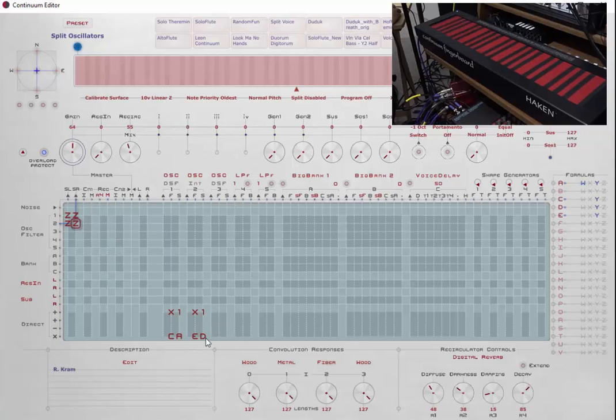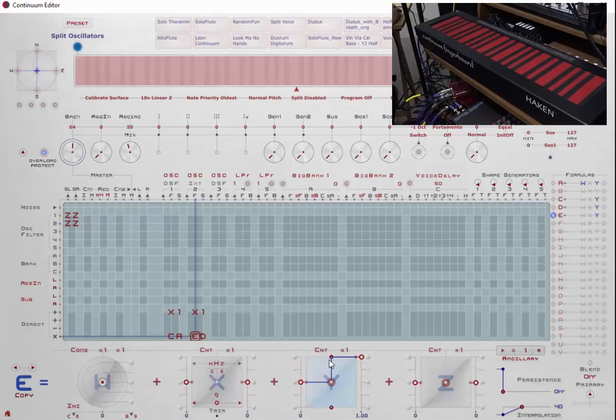Now the second oscillator does kind of the inverse. What I'll do here is, for the first half of the fingerboard, I'll have y basically set to 0. So nothing will come out on the first half, and then from the second half of the fingerboard, it'll be set to a constant of 1. So basically, whatever my frequency is at that point will be played. Great. Now, I'll do the opposite on the y. And in this case, it works out nicely that I can go from 0 to 1 from the second half